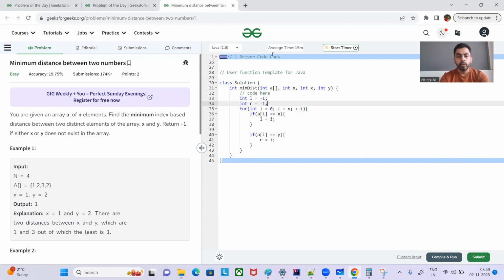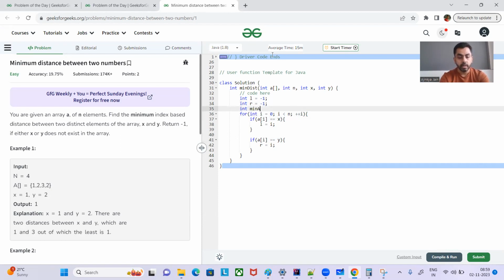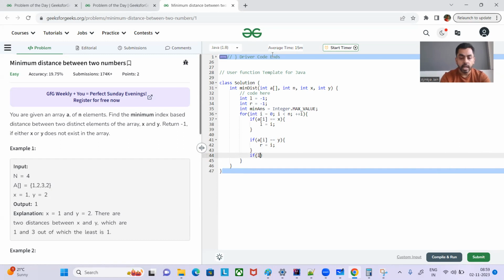And we want an answer variable, min answer equal to integer dot max value. For different languages, it can be something different for integer max value. Then, if L is not equal to -1 and R is not equal to -1, then